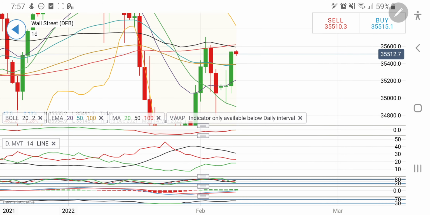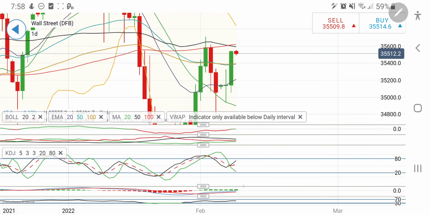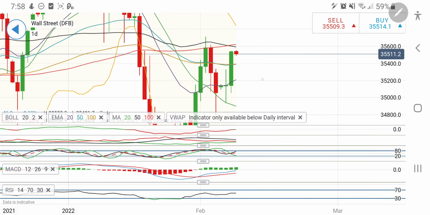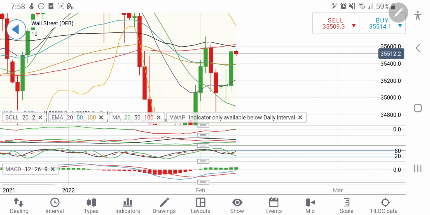I am still bullish on US 30. Look at this, the stochastic has crossed over. It is looking upwards, looking forward to a bullish rise. So any drop till 35,400 is a good drop to buy, a good drop to go long. Only below 35,350 and 35,250 levels I will recommend you to remain bearish. But yes, below 35,250, it will break sharply towards 35,200, and below that we will be bearish for US 30.